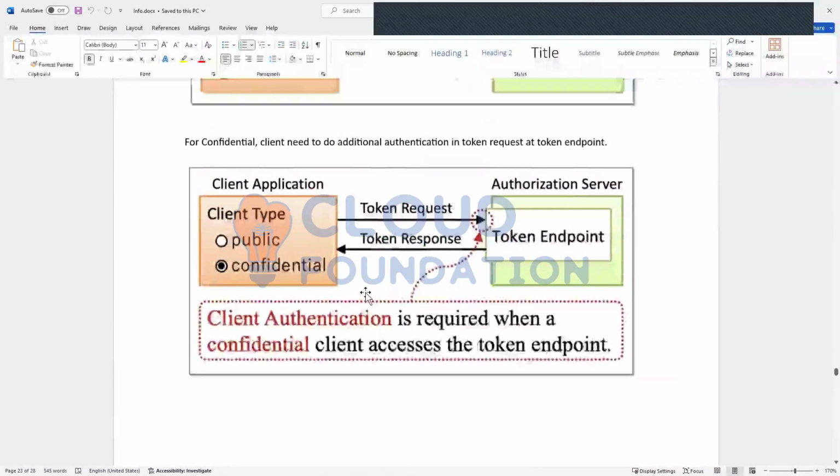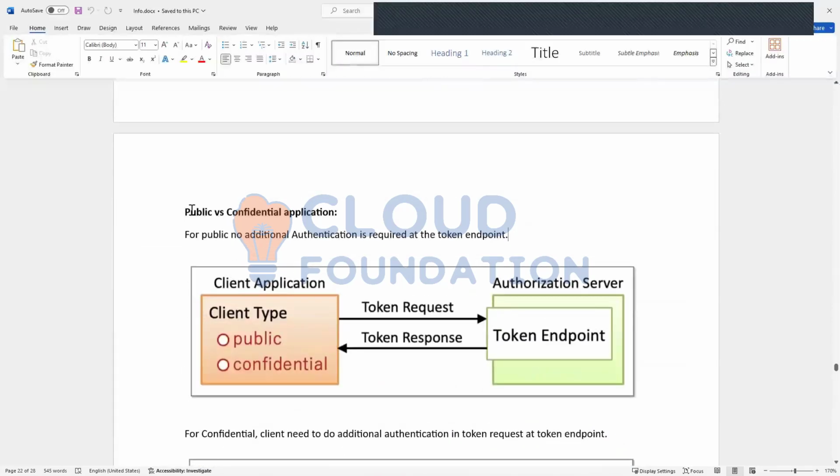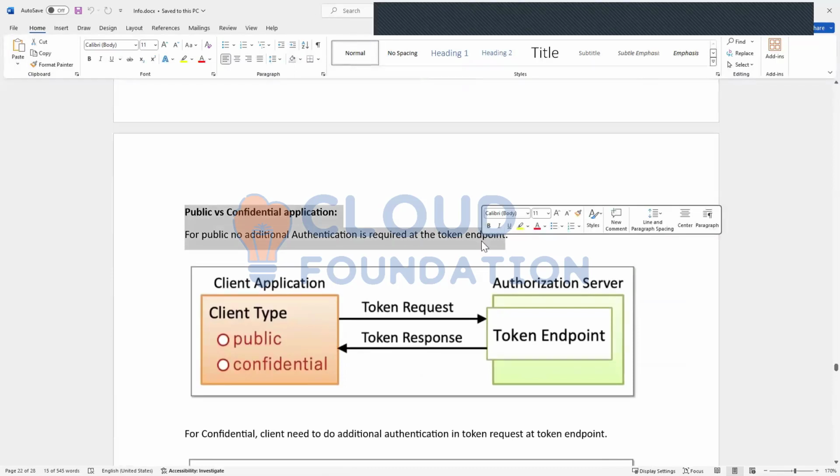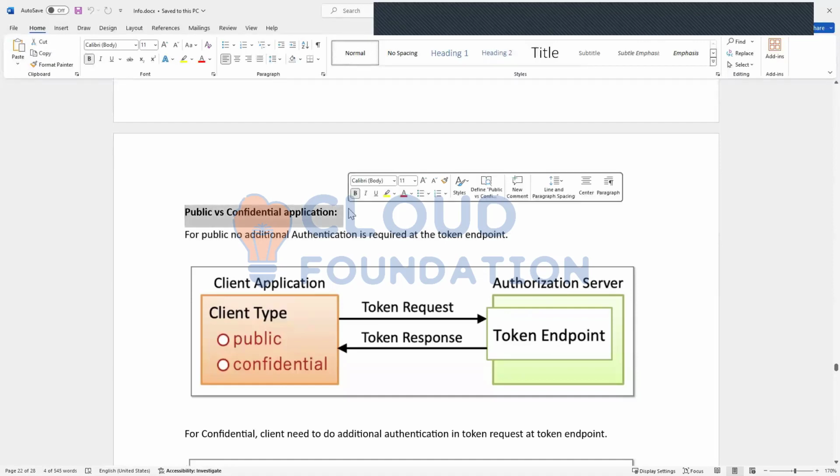So tomorrow is going to be the last session for this. We will cover this information, for example, how OIDC works in the lab, and all the application you have to do. That part we will see tomorrow, and we will also see the difference in the confidential application and the